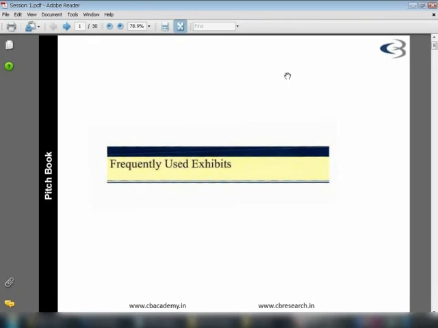Today we start with this session on pitch book preparation. In today's session, we'll understand that any bulge bracket investment bank, if they prepare a pitch book, so what